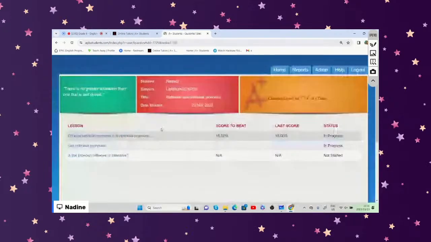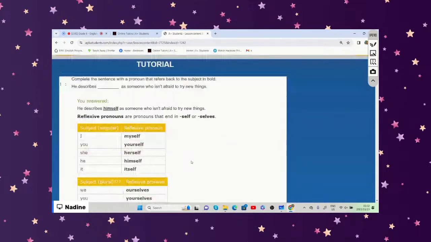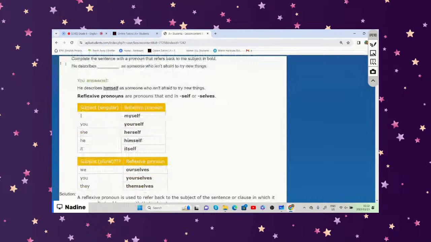All right. Now we're going on to the next lesson, which is to use reflexive pronouns. And remember, reflexive pronouns are where we use self, or selves. We use the pronoun self to refer to a singular subject, and we use the pronoun selves when we refer to a plural subject, right? It says that reflexive pronouns are pronouns that end in self or selves. Self, singular,